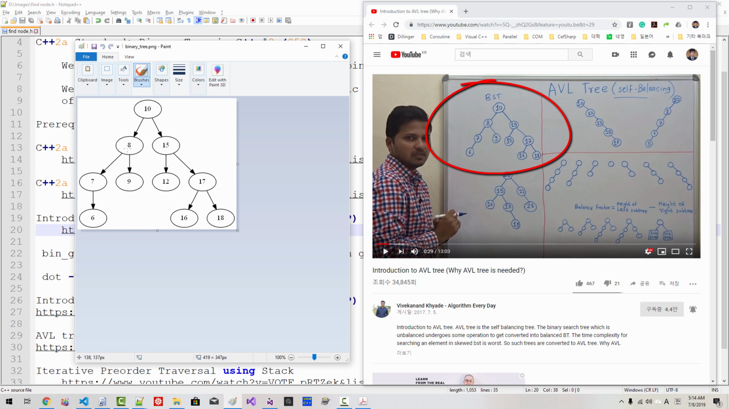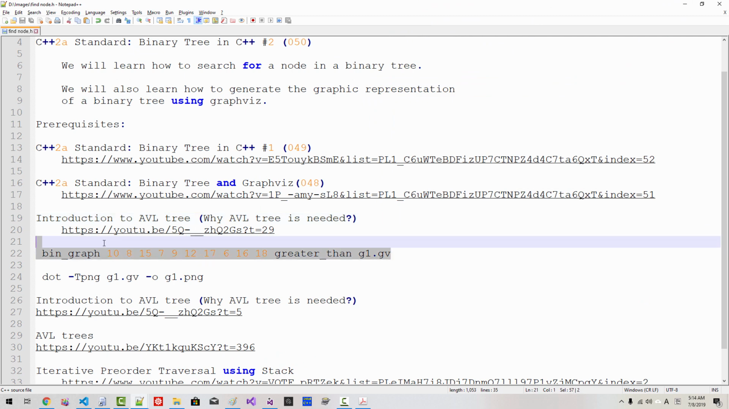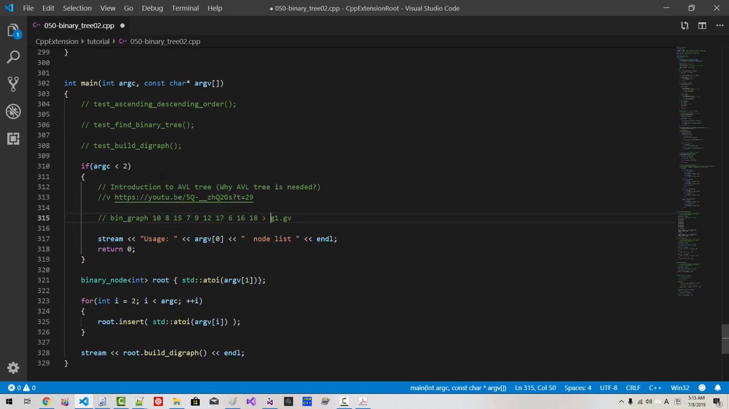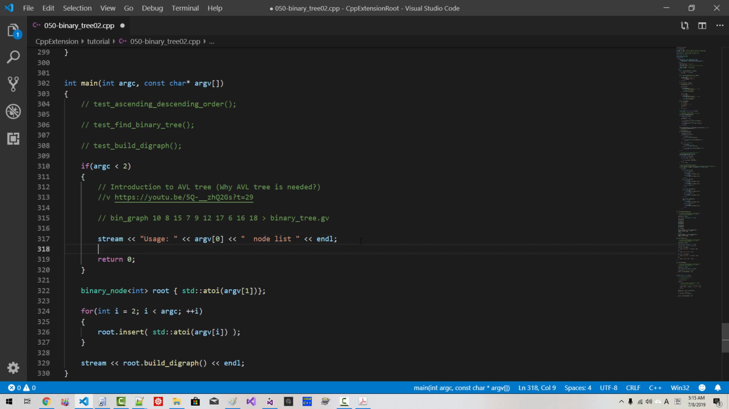10 at the root node, 8, 15, 6, 16, 18. So I will copy this for your reference. Copy, paste it here. Binary 3 gv. Copied, stream example, pasted